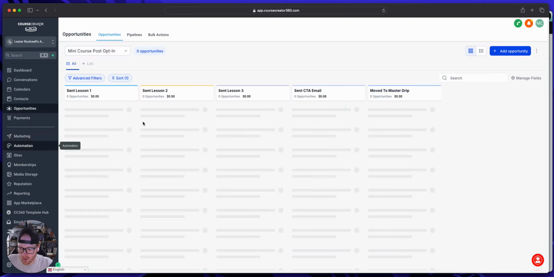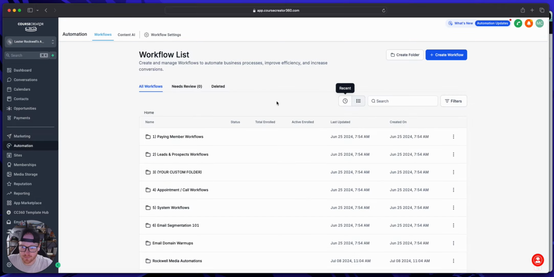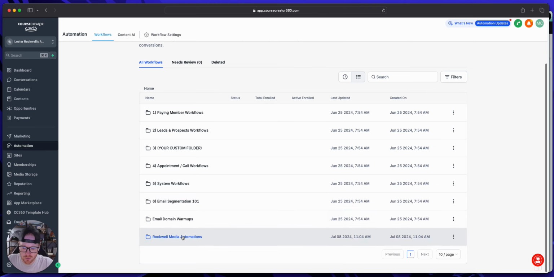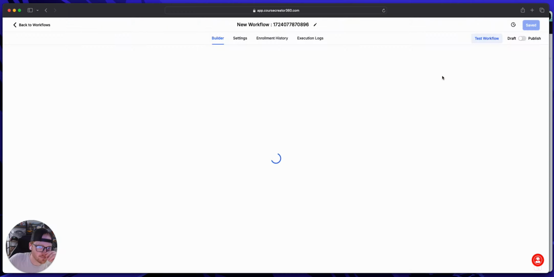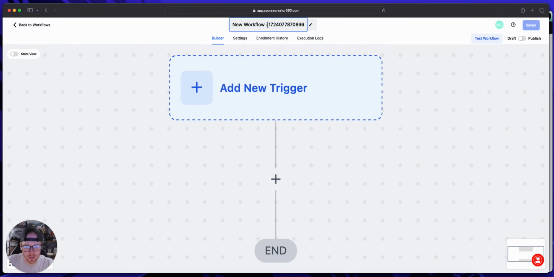So now let's create our automation. So there's a couple ways we could do this. We could create separate automations for each one, or we could just create one automation for all of them. So let's go ahead and create a workflow. We're going to start from scratch. And we're going to name this